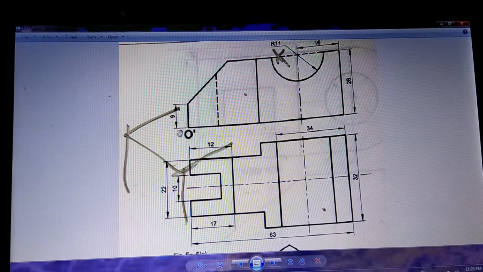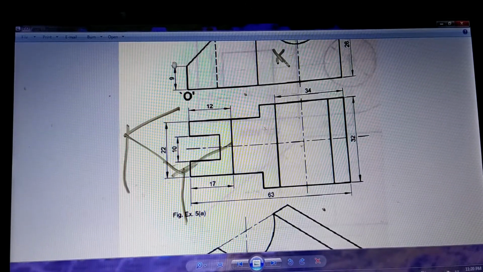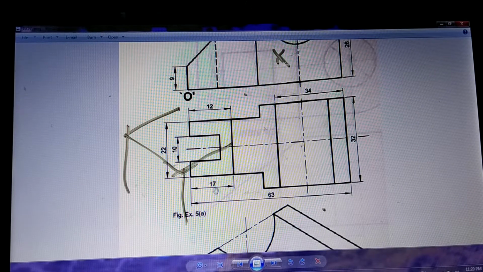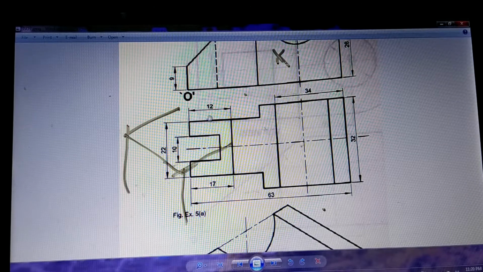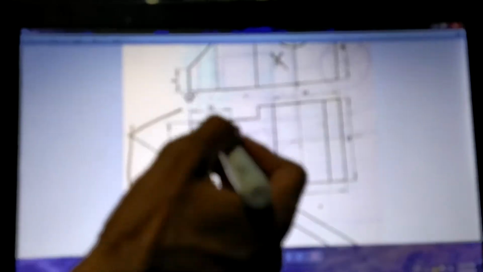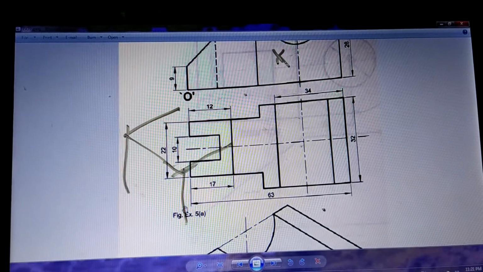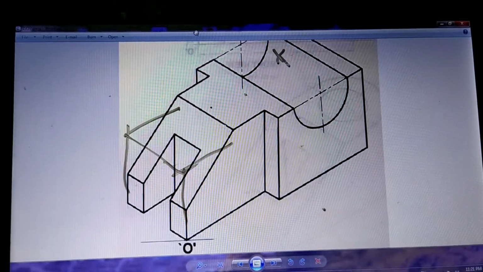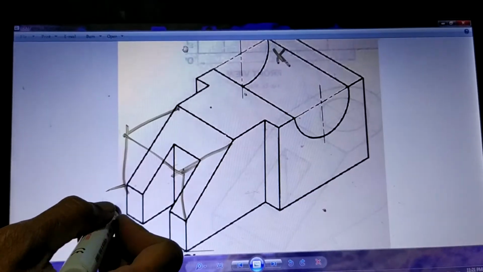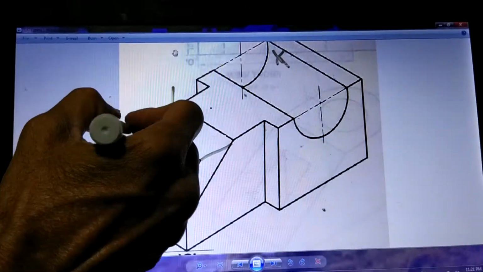After that, according to whatever dimensions are given, so you can see here, vertical it is 9, and horizontal the cutout is at a distance of 12, or maybe 17. There is some mistake here. It is written 12 here and 17 here. So maybe say this is wrong. So it is 17. So 9 by 17, suppose it is the distance. Then what we do is, from here to here you take 9, and from here to here you take 17.